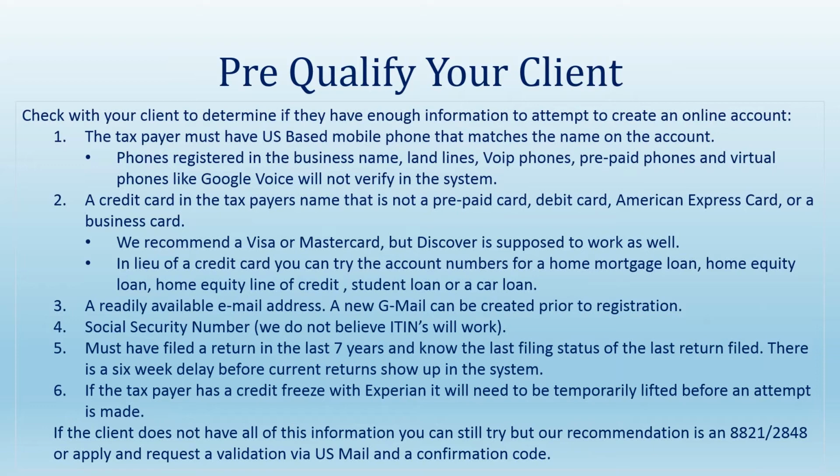So let's say the client says, yes, I have a Verizon account, it's in my name. The next question is, do you have a credit card in your name that is not a prepaid card, a debit card, an American Express card, or a business card, okay? If they do, there you go. I recommend Visa or MasterCard, but Discover does work as well, but I know for a fact Visa and MasterCard has always worked, okay? In lieu of a credit card, you can try the account numbers for a home mortgage,